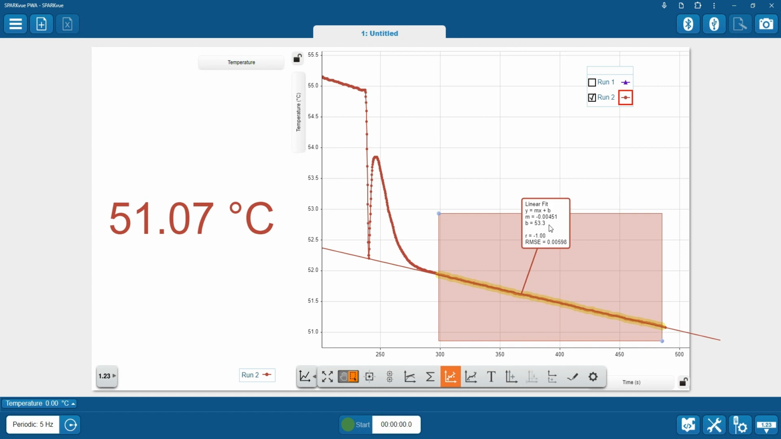And so what I'm going to need out of this fit is, here's the equation it's fitting, y equals mx plus b, and now we're going to need both m and b. M is negative 0.00451 degrees C per second, and the intercept is 53.3 degrees C. Neither one of these is the answer to what the final temperature was, because remember,